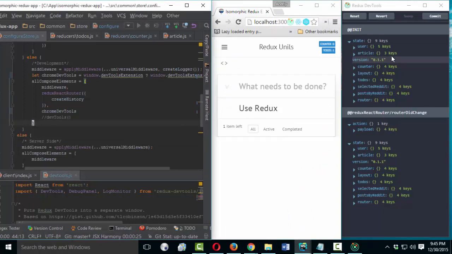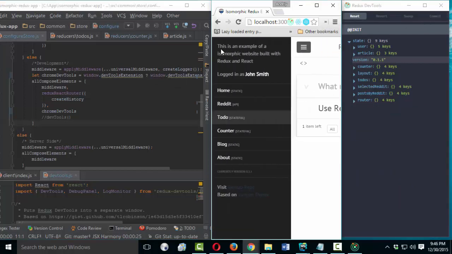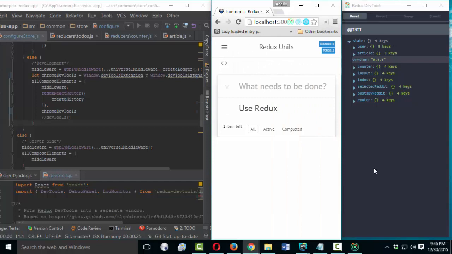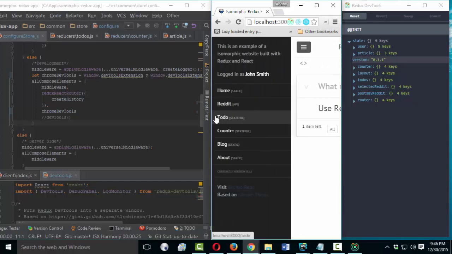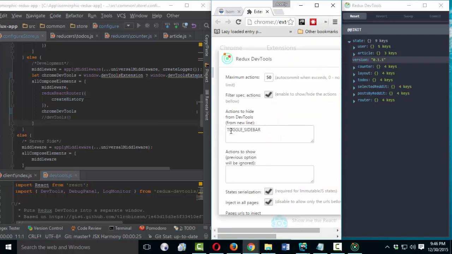Yes. And now I have init, commit, and I click on sidebar, and you see nothing happens. In this way, I can show or hide any action in options, and you have the possibility not only to hide but also to show specific actions.